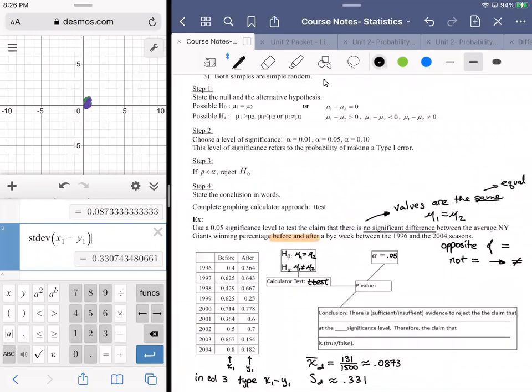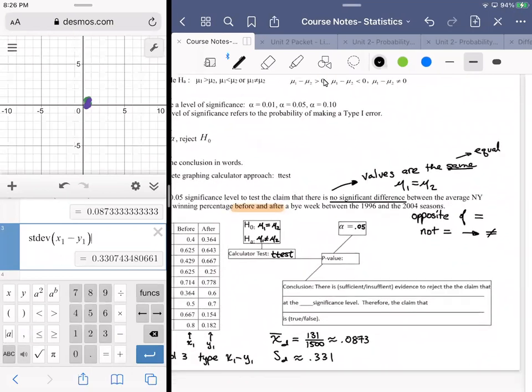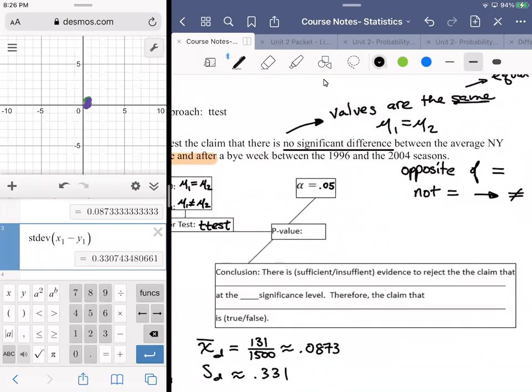Okay, so we have a mean, we have a standard deviation, and we have a formula that allows us to come up with a t statistic, a t value, like we talked about last time. So what we did was we found the mean and standard deviation of the differences. We basically took two columns of data and made it into one column. So the formula for our t statistic is basically the same formula as last time. T is going to be equal to, except instead of x bar minus mu, it's going to be x bar sub d minus mu sub d